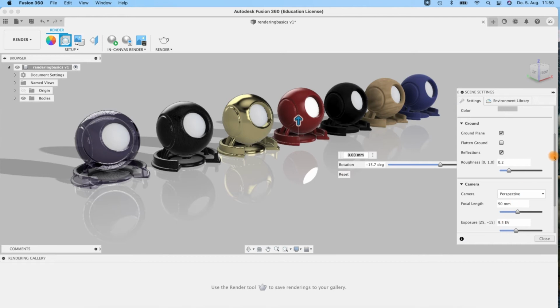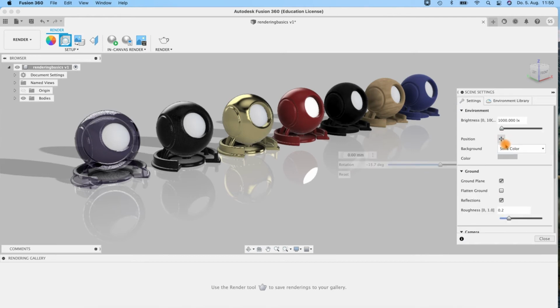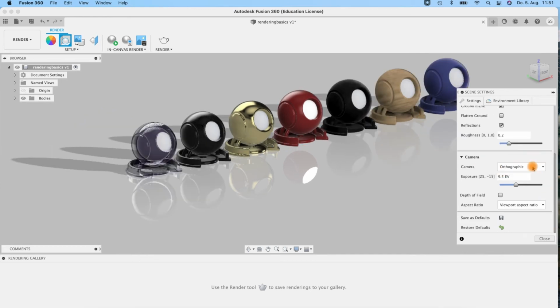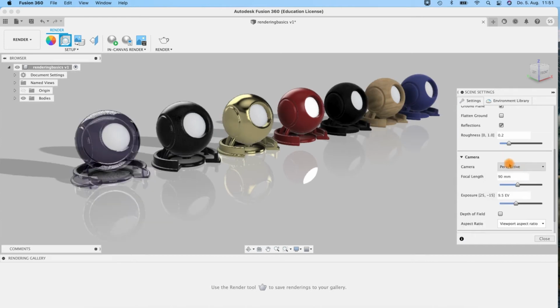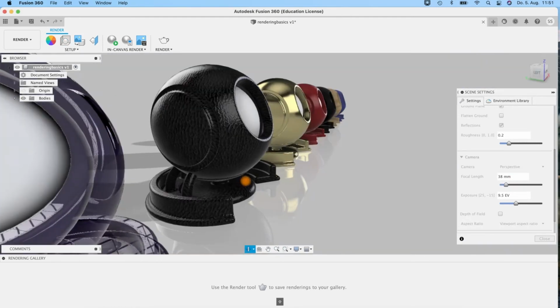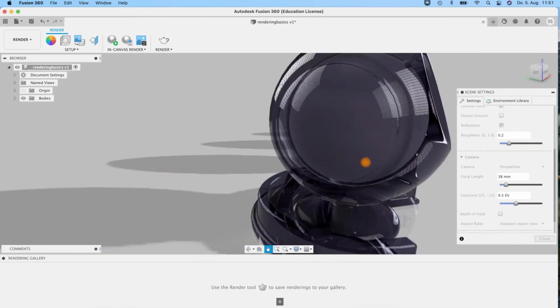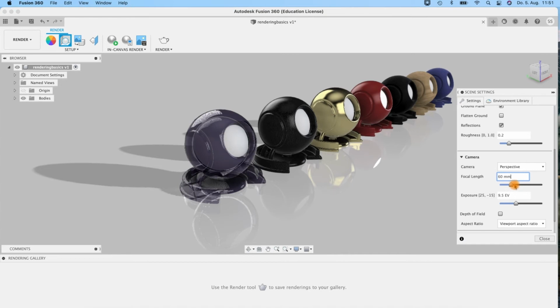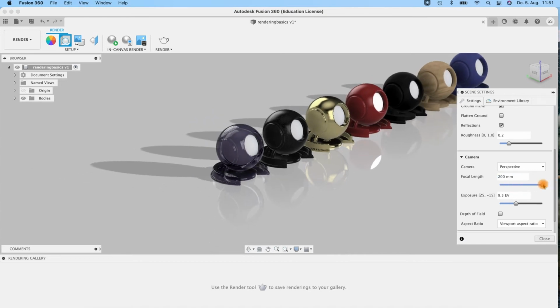Then I'm switching off here the positioning tool. You can change here the camera to be orthographic if you like this kind of rendering. If you like a perspective one, then you can change, of course, the focal length to get more images with some depth or more or less parallel. You see,